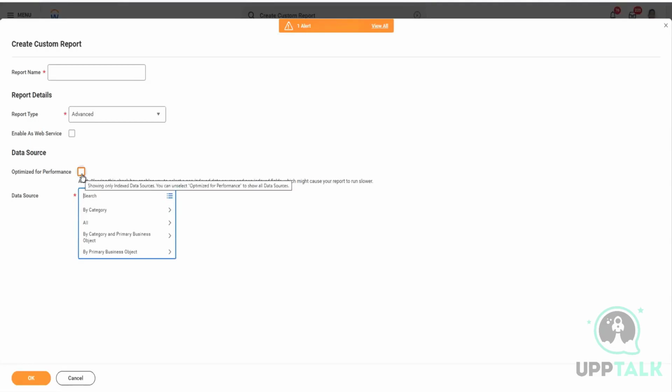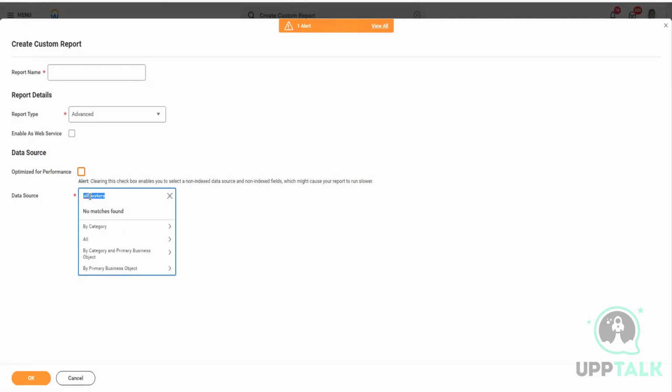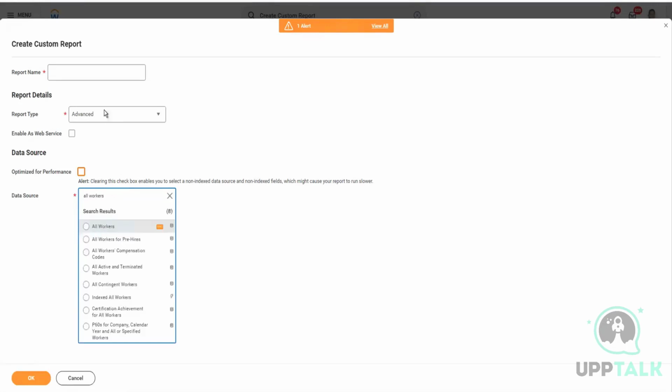So when you choose your data source from here, it will be decided what data source you want to keep for your report. But if you have decided not to use this data source anymore, and let's say you created all workers and now you remembered that you need to go to an indexed data source, even after you have gone live, or maybe you are still in the development phase, you can still change the data source. But it has to be kept in consideration that your primary business object still remains the same. If I do here,